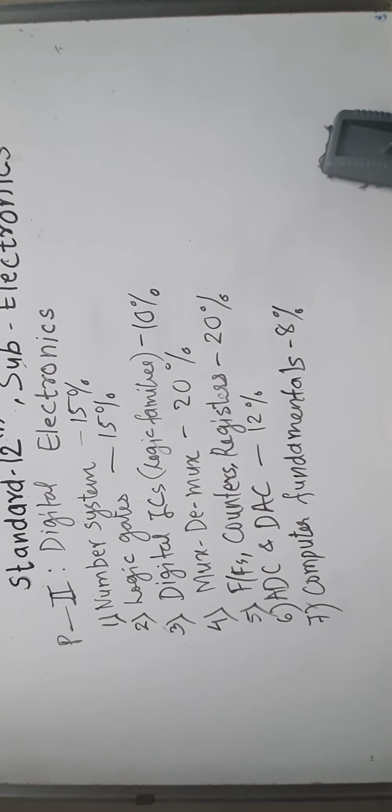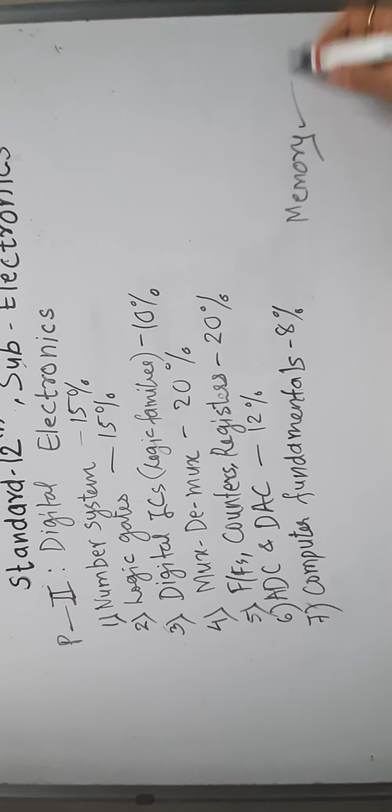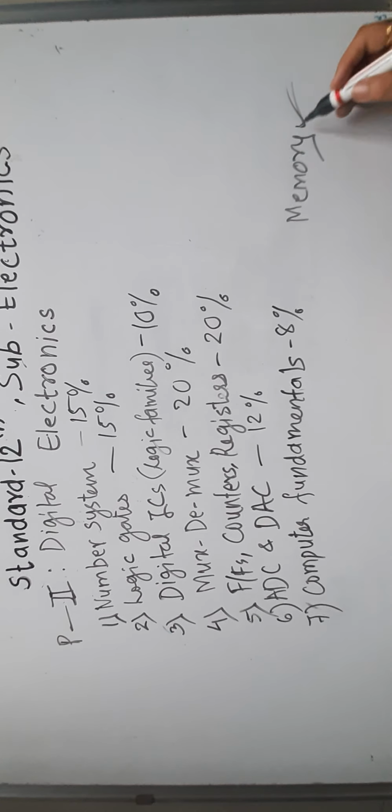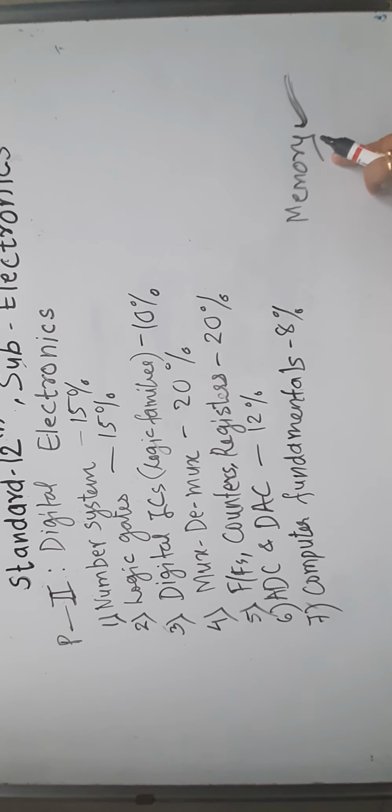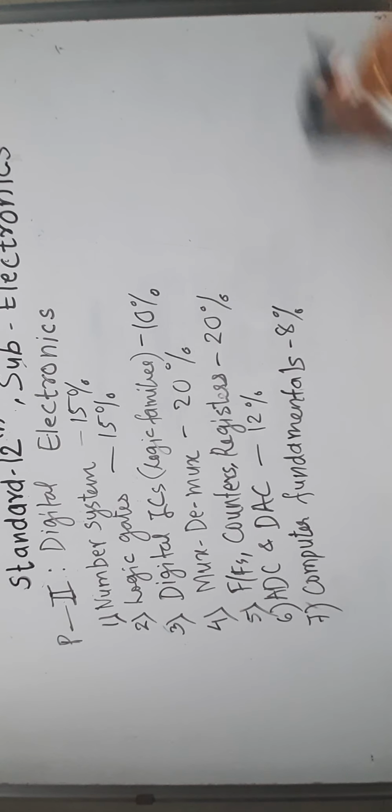Second type is logic gates. In this chapter we will see different types of logic gates. Now I want to show you something. We know we use memory. Where do we use memory? We use memory everywhere. In all digital circuits we use memory, like cell phone, computer, laptop, everywhere we need memory. Now I want to give you an idea about how this semiconductor memory is constructed.